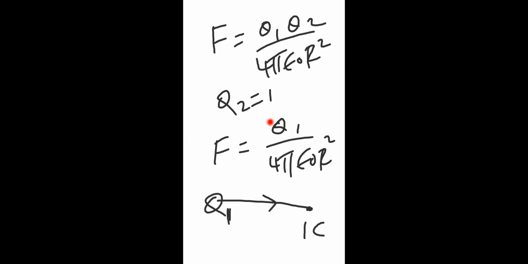What I am telling is, the force realized by 1 coulomb of charge is called the electric field at that point. By definition, this is the electric field. The force realized by 1 coulomb of test positive charge is called the electric field. If it is 2 coulomb of charge, definitely it will realize 2 times the electric field. What is the idea behind this?